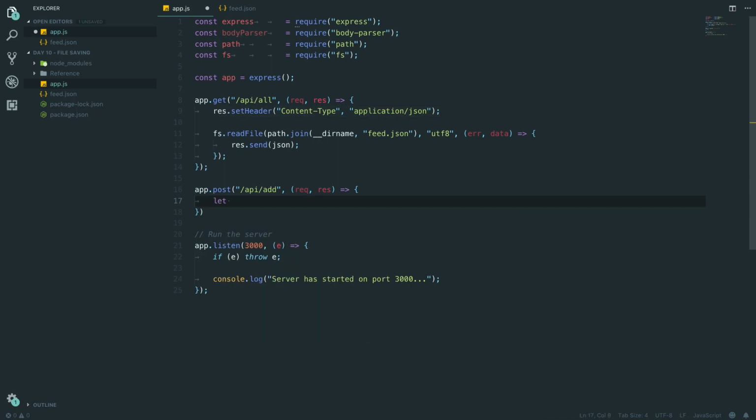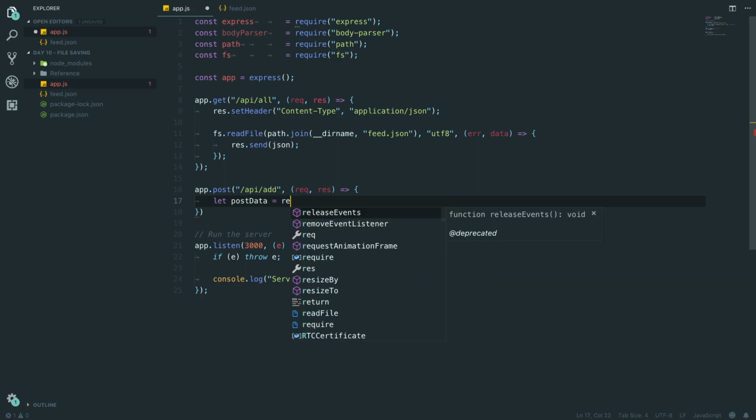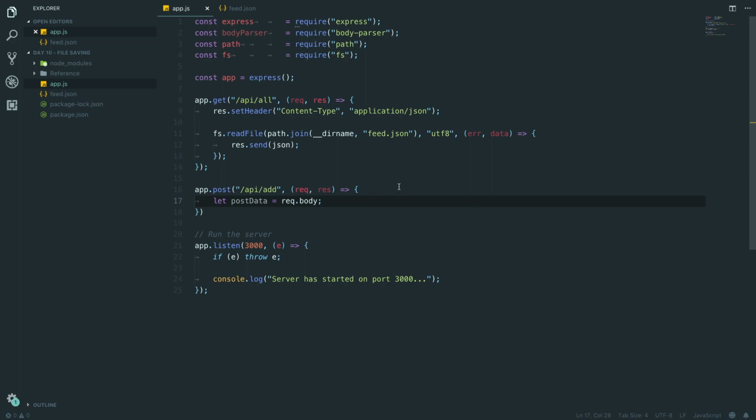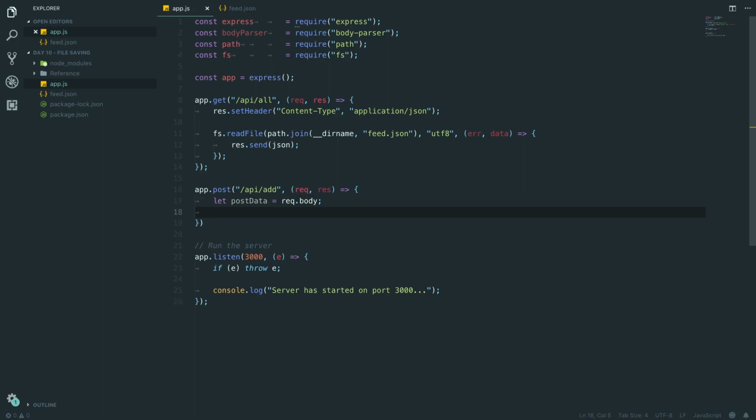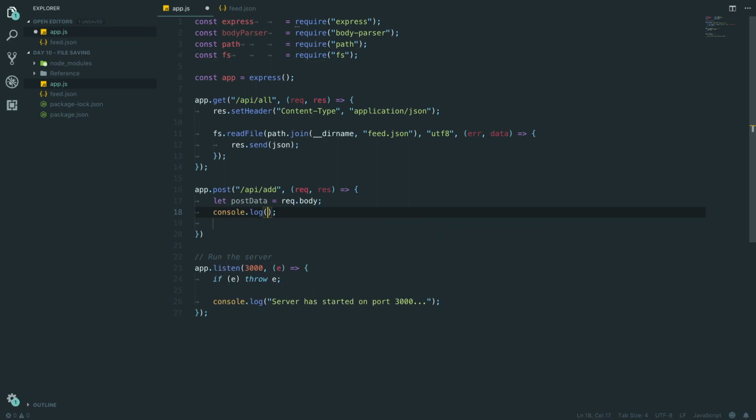We need to say let post data equal req.body. So this will be our body. So whatever we send through will be our body here. So let post data is equal to that. So that we've got the body of our send, and we're actually just going to log post data for now,